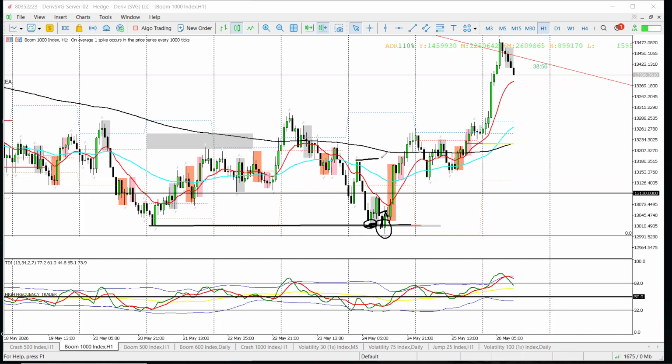In this example, we had this high, we had this high, we had this high, we had this high. So if price is going to buy from this sell side liquidity, it's most likely going to push to any of these buy side liquidity points, which you now use as you take profits. So now remember, on the higher time frame, we are anticipating a much bigger move, which is where we now